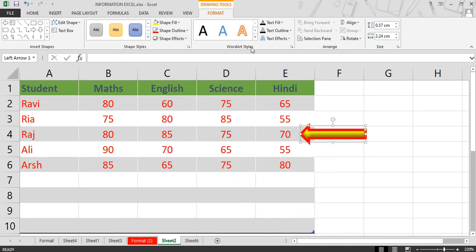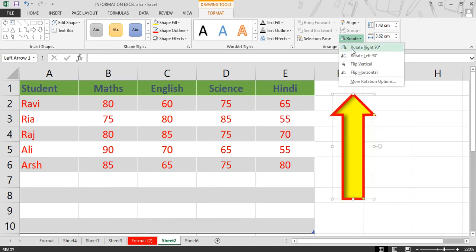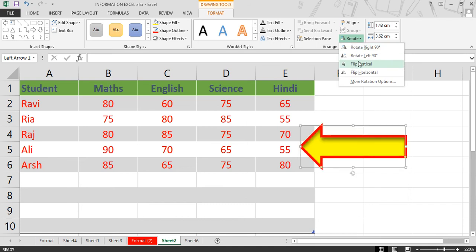Next is word art, which helps us if we have inserted some text in this shape. So you can modify that with the help of word art. Last is rotate. With the help of rotate you can change the rotation according to your requirement.